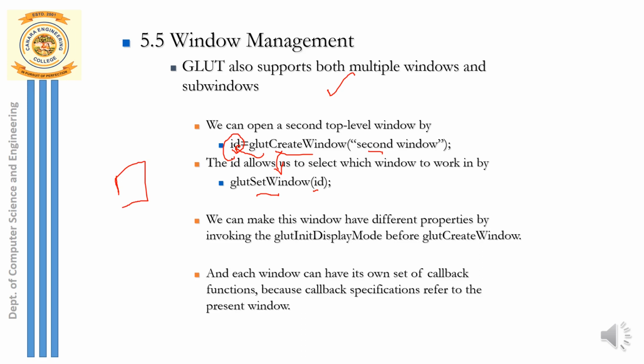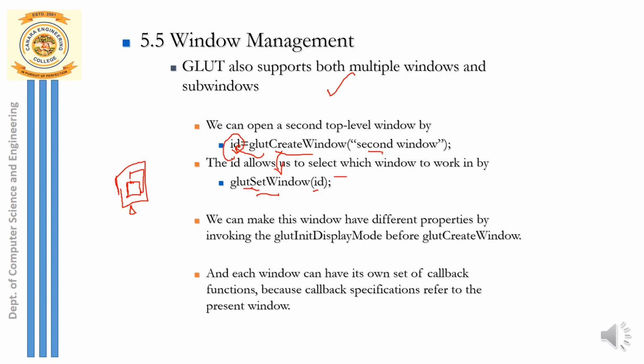This is my screen. Inside the screen I have a display window, usually one display window, but this time I'm creating one more display window which is there at the behind. But now the second window I want to get it to the foreground. I don't want it to be behind. I want to set it to the foreground. So what do I do? I'll call glut set window, but remember the proper ID you should pass there. Okay, so this is how you're going to do it.